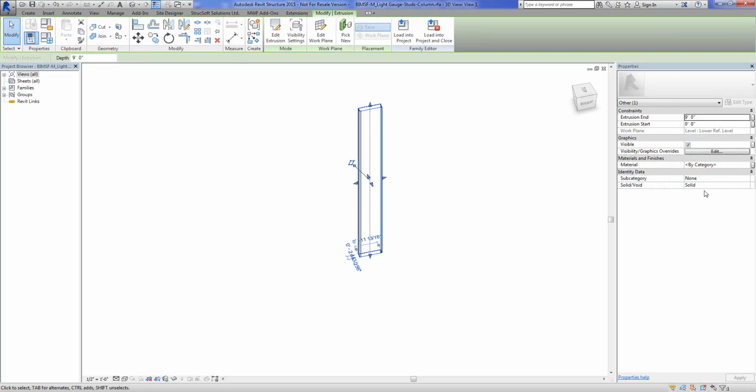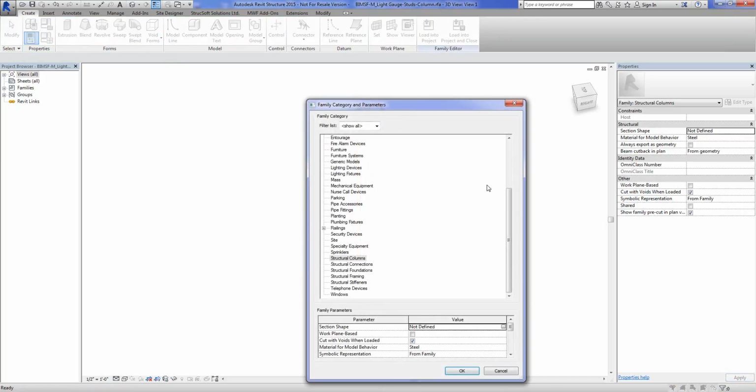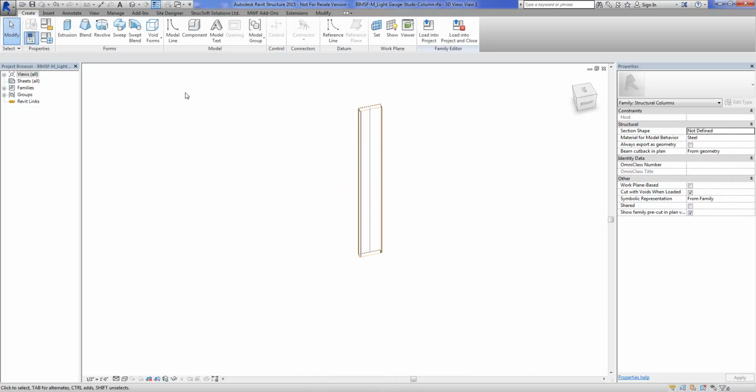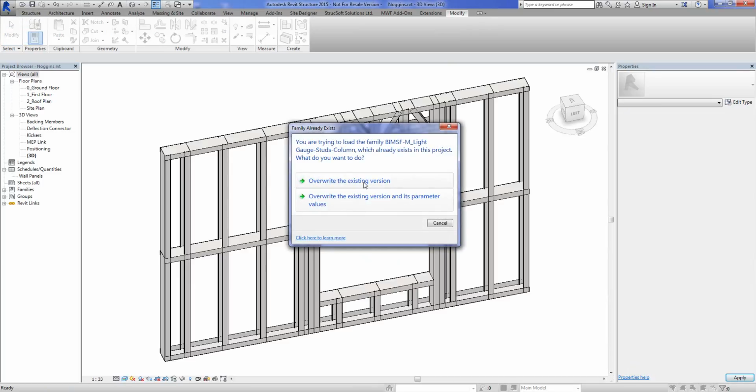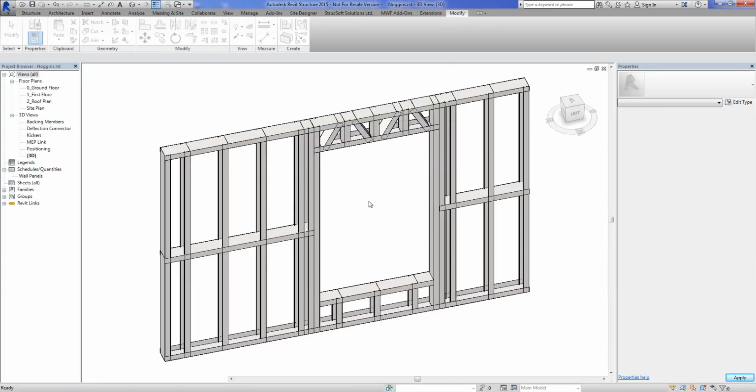And I'm going to make sure that this is actually a void, and we'll want to check to make sure that this cut with voids when loaded is checked. By default, I believe your studs will not be. So just make sure that this here is checked. Then we'll hit OK. We've got the void. We've got that checked. So we load it into the project. We won't see anything just yet,